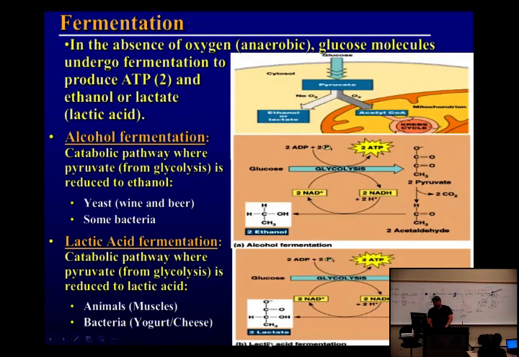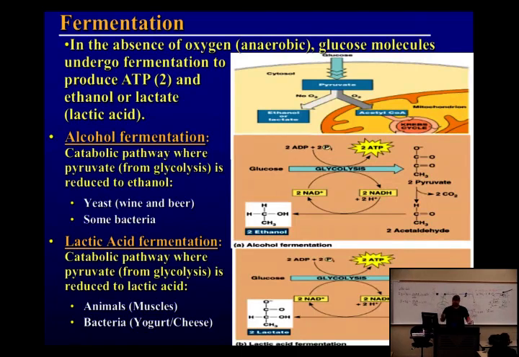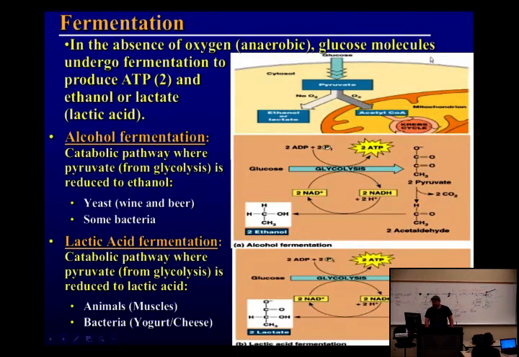And then we do lactic acid fermentation, which is very similar. So we produce pyruvate, but that pyruvate is converted into lactate, which is lactic acid, which is sort of toxic to your muscles, so it causes them to cramp up. And there's another system, which you guys will learn in anatomy and physiology, which diffuses that, converts it into another product, and so on and so forth. Right. But we have other things that we need to talk about, so we're not going to go down that path. Everybody understand the difference between fermentation and respiration? And out of these we get 2 ATP.